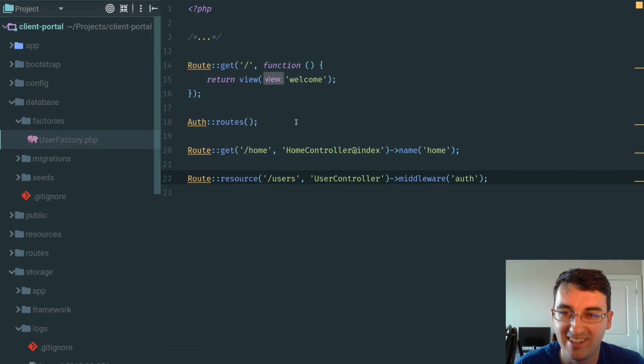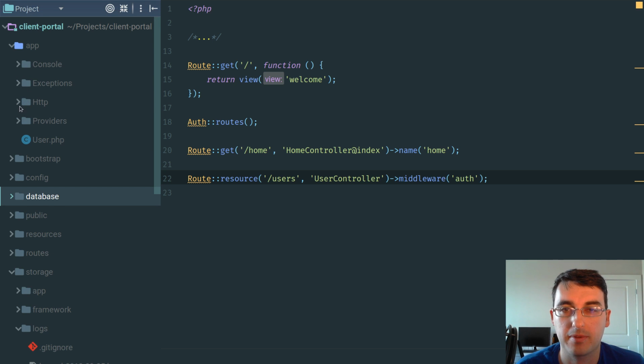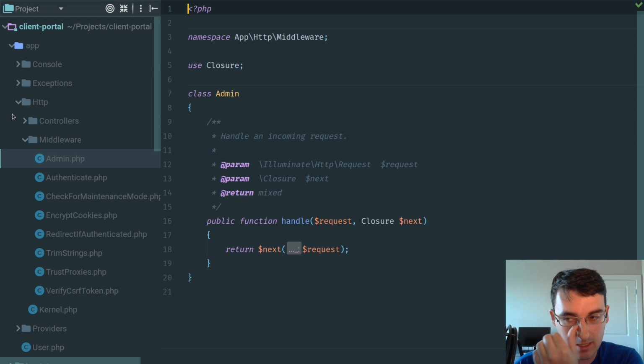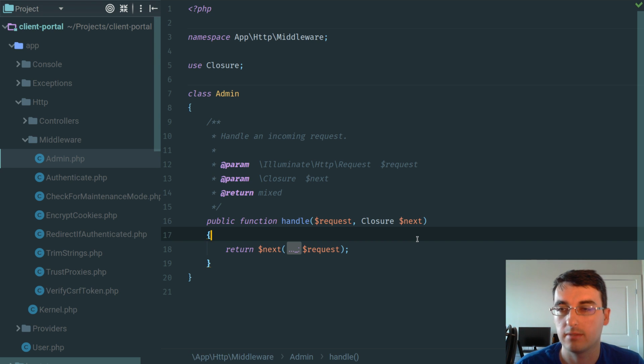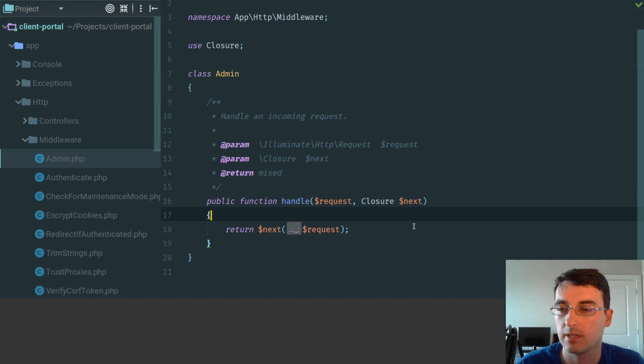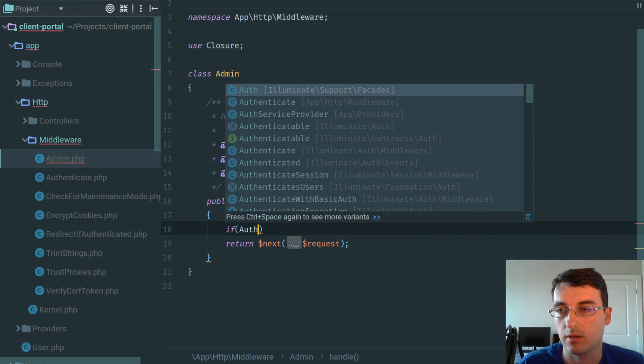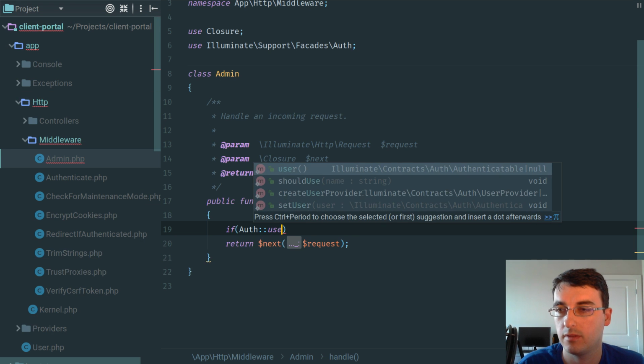Done. Not really. Let's go back into our app, HTTP middleware admin. And here's where we're going to handle it. It already gives this to you, so it's pretty easy to start. What we're going to do is say if the current user, so if the user,